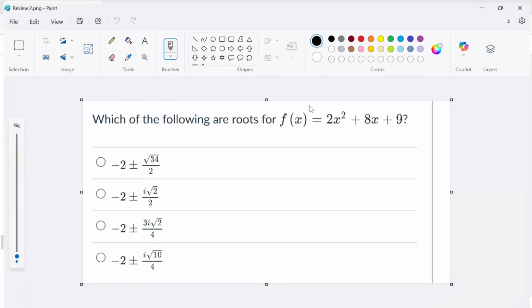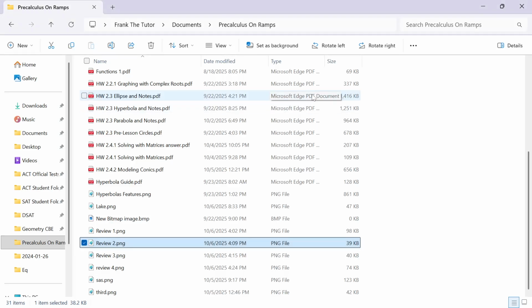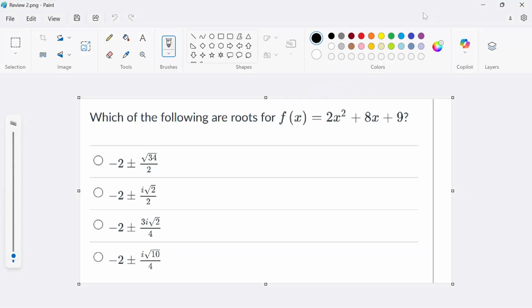This is a pre-calculus review question. It says, which of the following are roots of f of x equals 2x squared plus 8x plus 9? One way to find roots is by using the quadratic formula. The quadratic formula is negative b plus or minus,